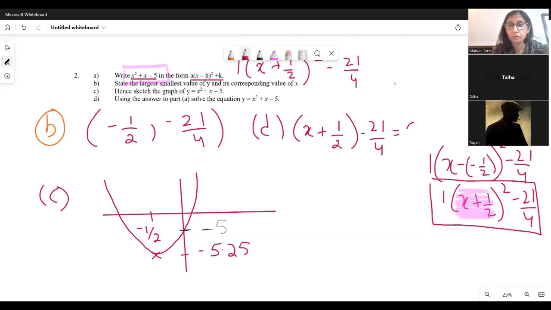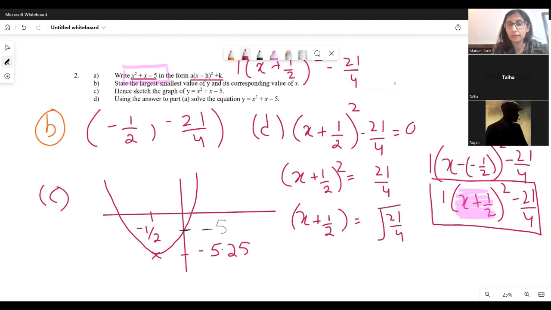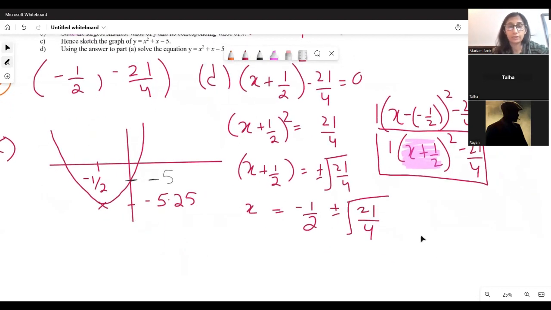Equated to 0. So minus 21 over 4 goes to the other side, and there's a whole square here. So (x plus half) whole squared equals 21 by 4. Then we take the square root on both sides. With the square root you must write plus minus here. Then you send half to the other side, it becomes minus half, and then plus minus square root of 21 over 4. Now enter this in your calculator, first with the positive sign, then with the negative sign, and you get your two solutions. x equals,